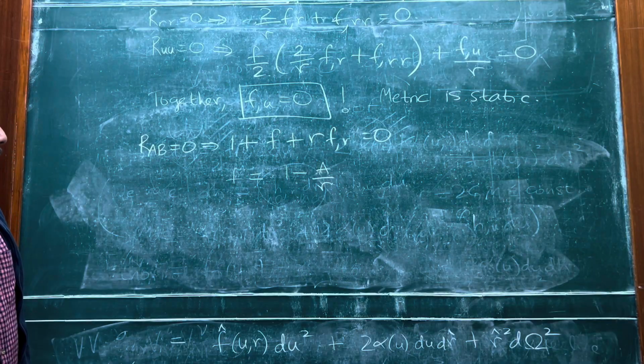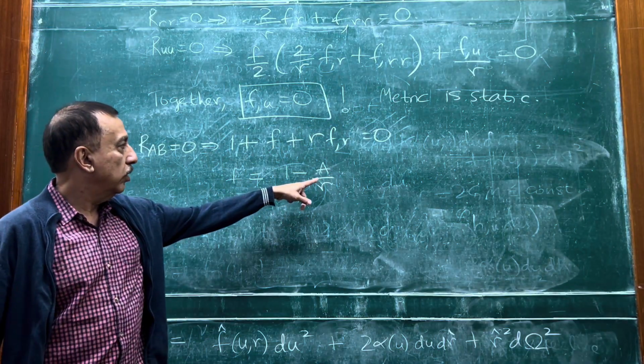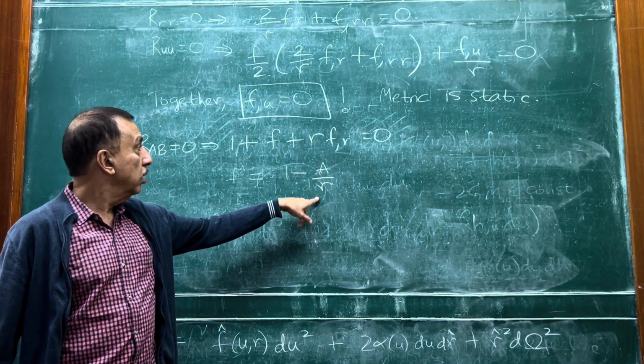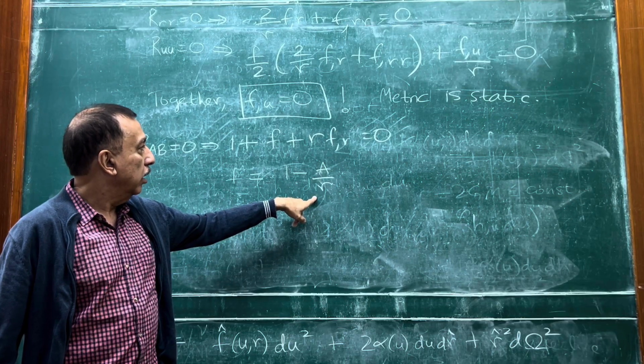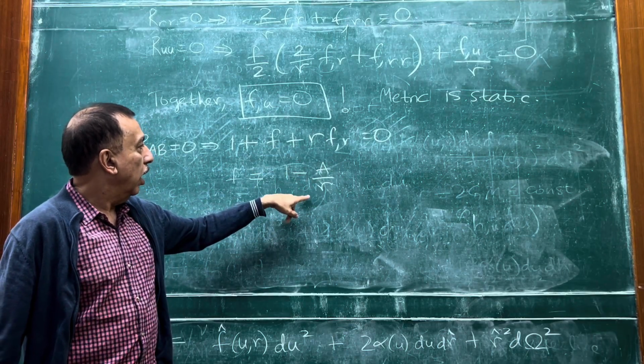This is correct, because if I take f comma r for this, I'll get a by r squared. Multiply by r, I'll get a by r. Then I add that to f and I get